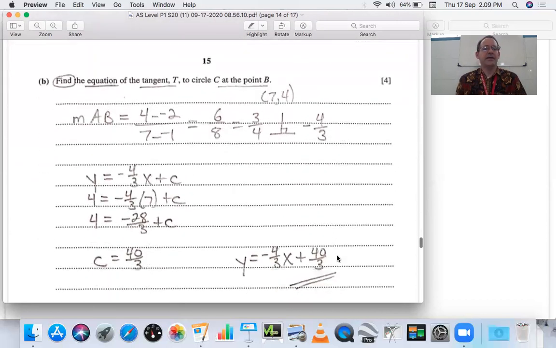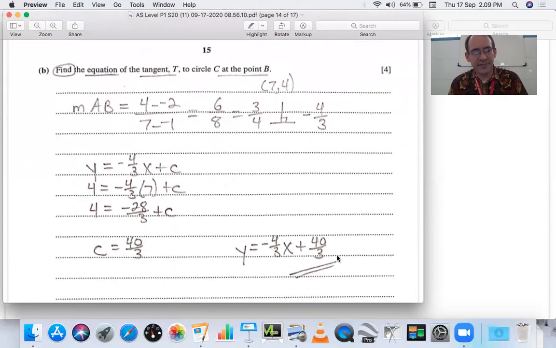Part B, find the equation of the tangent to the circle at point B. Now, point B is the point (7, 4), and B was on the diameter. So if your tangent, this external line, is tangent to your circle, it means it's perpendicular